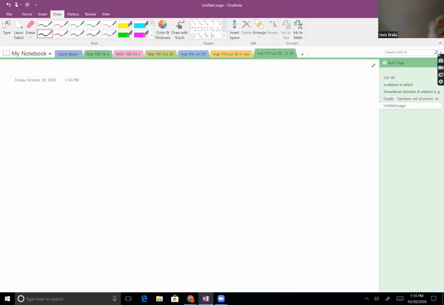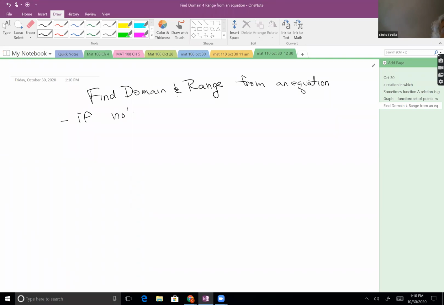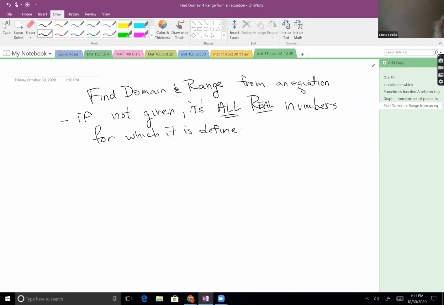Sometimes we're asked, looking at a graph, to find the domain and range. And actually, before we do it by looking at a graph, let's find the domain and range from an equation. And there, if we're not told what the domain and range is, it will be all real numbers for which it is defined. And to find out where something's defined,